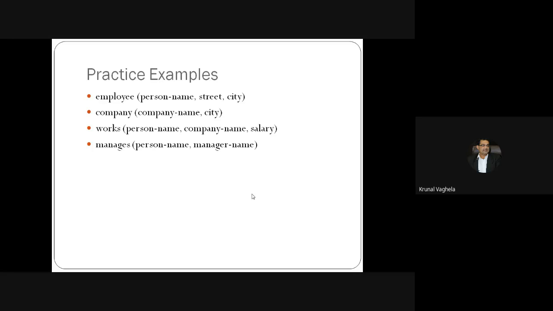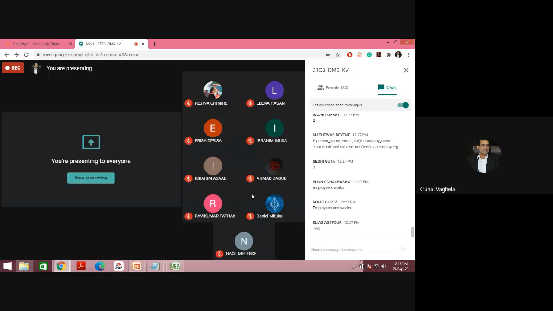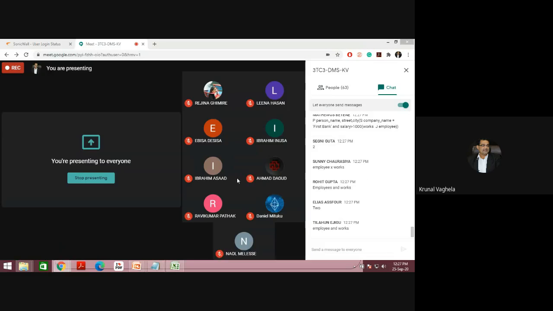Because the street, names and city of all the employees who work for First Bank Corporation and the salary is more than $10,000. So works will give you the salary and person name, and the employee table will give you the person name and his street and city. So let's see what the answer is.